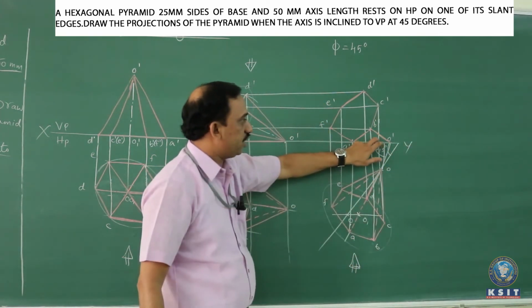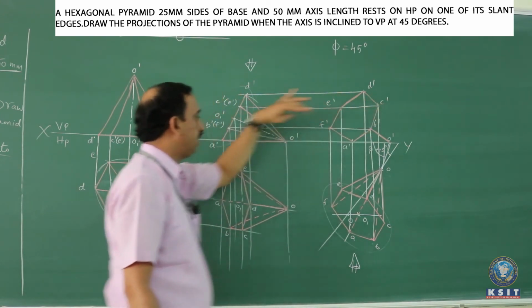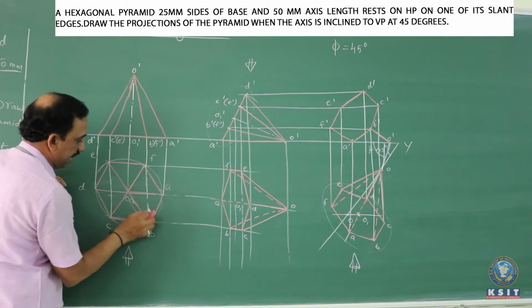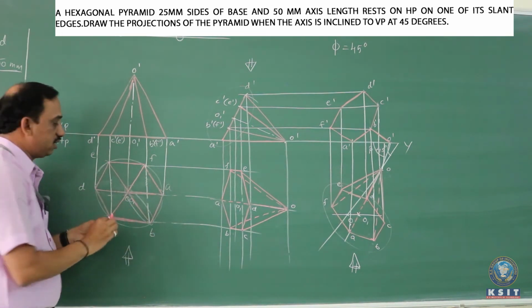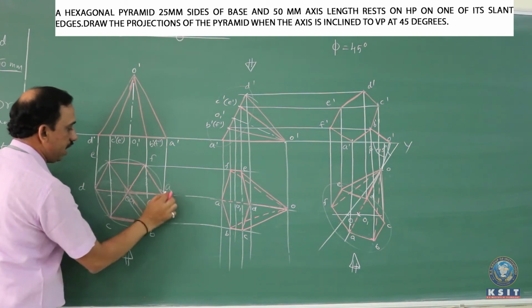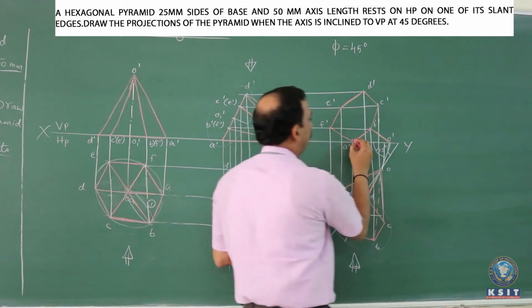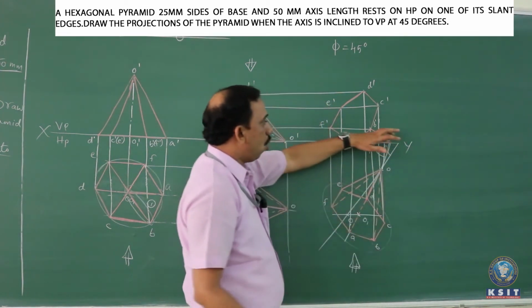For this slant edge OD, on either sides we're going to have two triangular faces. So for that, come back to the top view. Identify where is the slant edge OD. This is the slant edge OD. For this slant edge, on either sides we're going to have two triangles. One triangle is given by connecting from O to A. So when I join from O to A, you get the formation of one of the triangle,